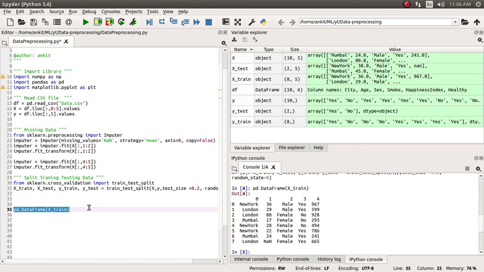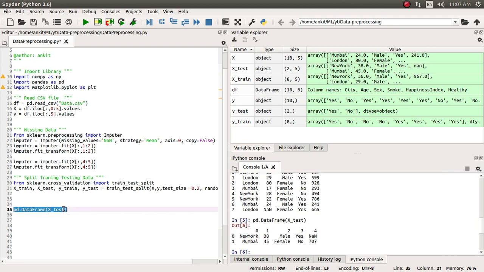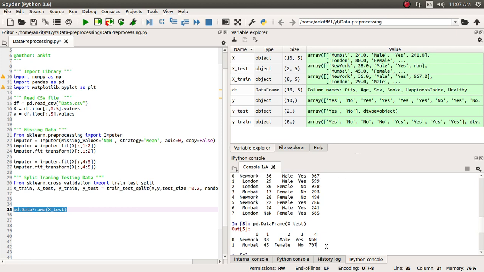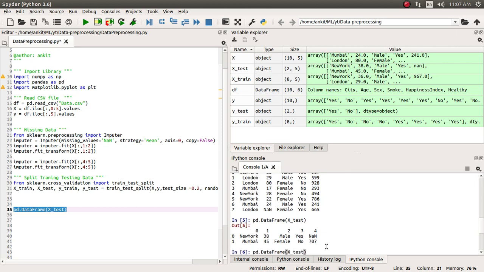Okay, so out of 10 records it has kept 8 in X_train. In the same way we can supply X_test. I'll just make it a little bigger. Okay, I am unable to do it, but there are 2 records in the testing phase.